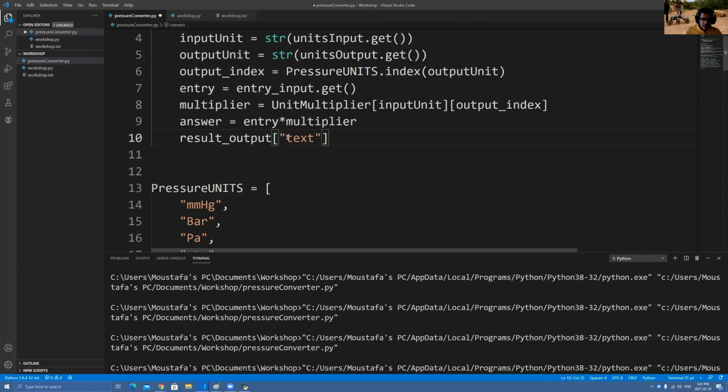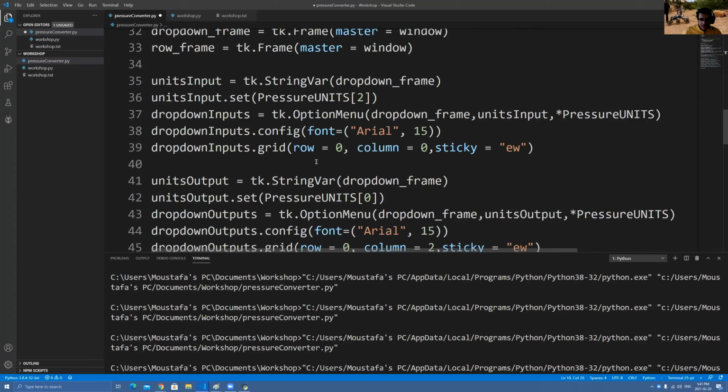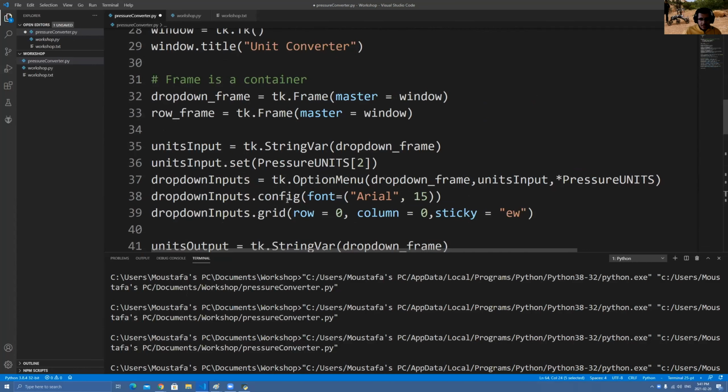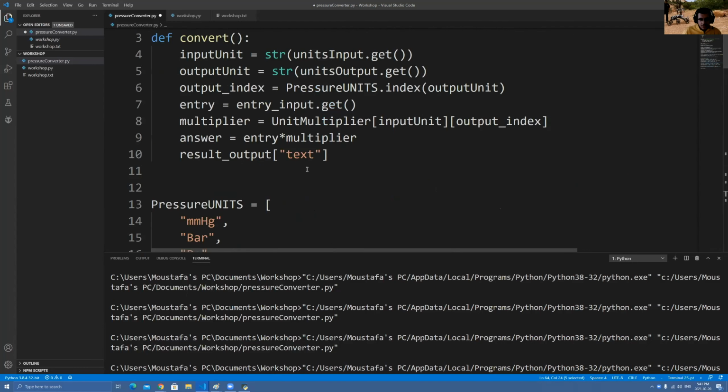What you're basically doing is, remember how we didn't give a text for this result output? We didn't give it any text, but we do for some other labels. What we're doing here is, okay, it was an empty text. I want to now change this text. So I say result output text. It's kind of like a dictionary, the value for text. And then I say equals